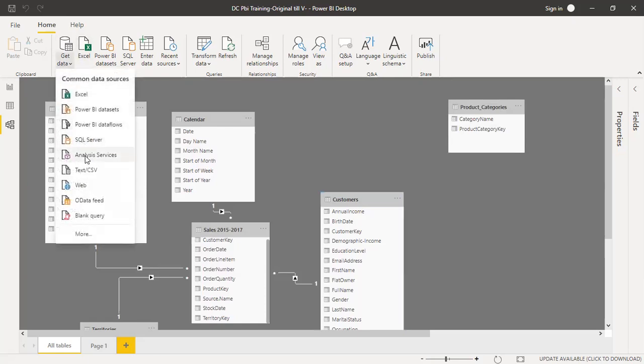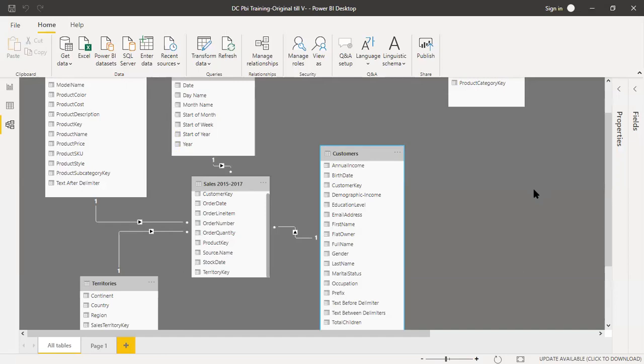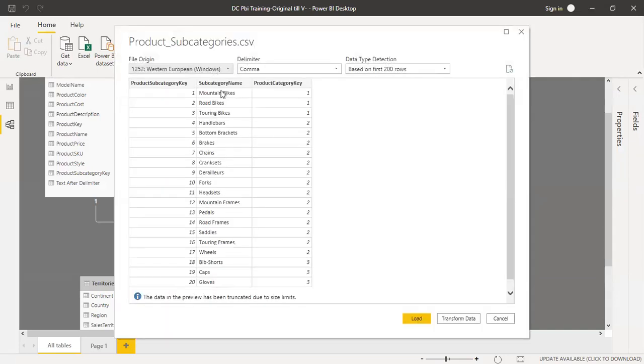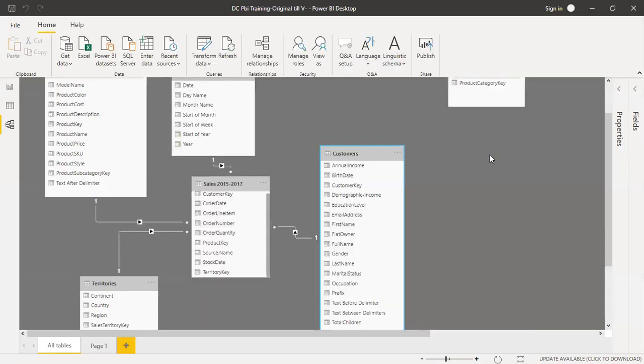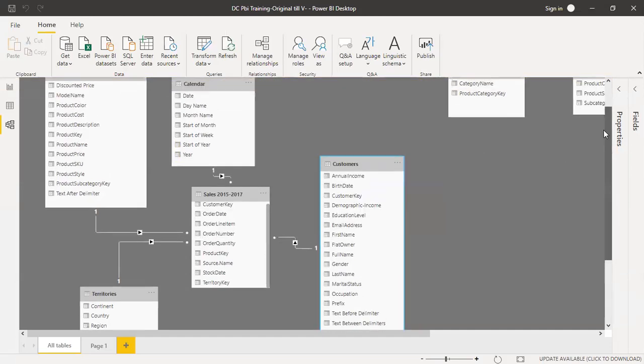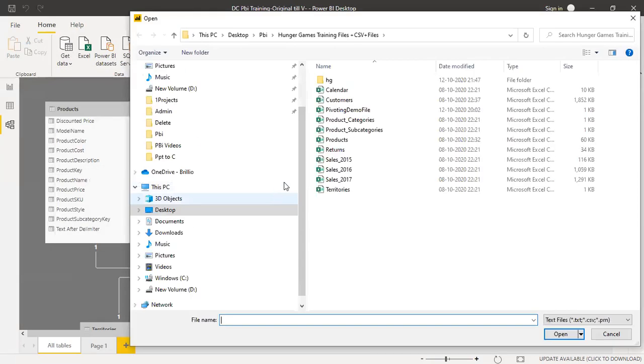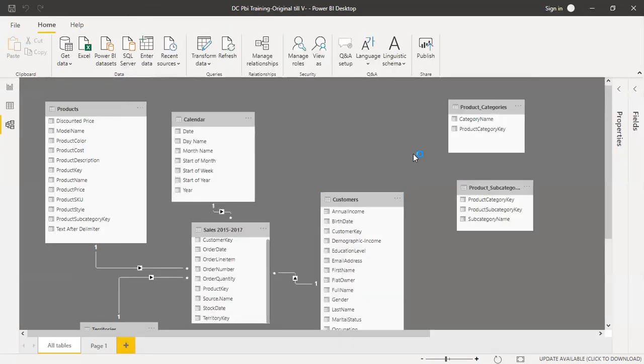And let me add product subcategory as well. Just load it. All right. And for the demo, let me pull one more set of data. Returns, product returns data. Okay.